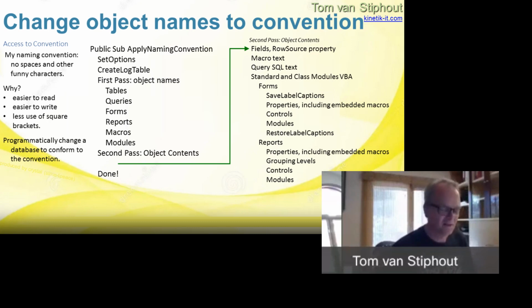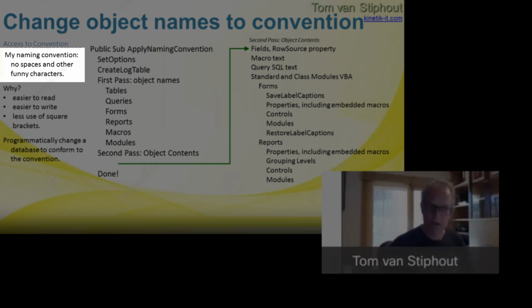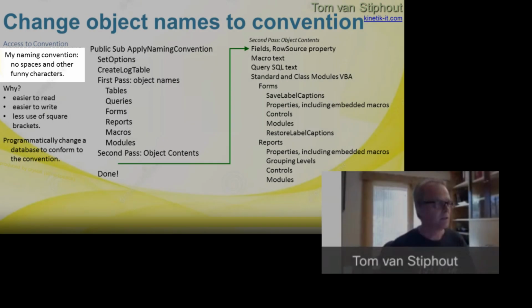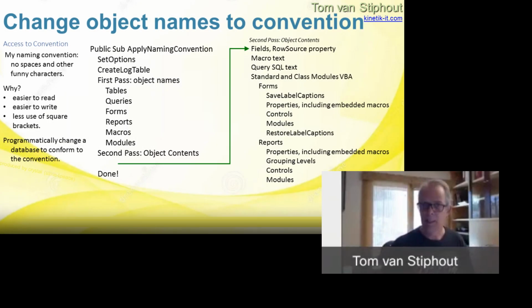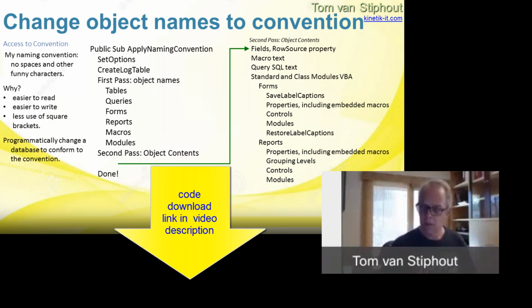This is a topic that has had my interest for a long time. I like things done using a certain naming convention. And in this case, I wrote some code to change Northwind, just as an example, to the naming convention that I like. Other people might disagree, but I like when objects don't have spaces in them and don't have any other funny characters like slashes or ampersands. This just makes code easier to read, I think, and also easier to write because you don't have to use square brackets as much or